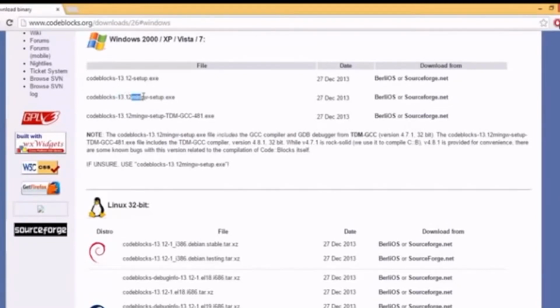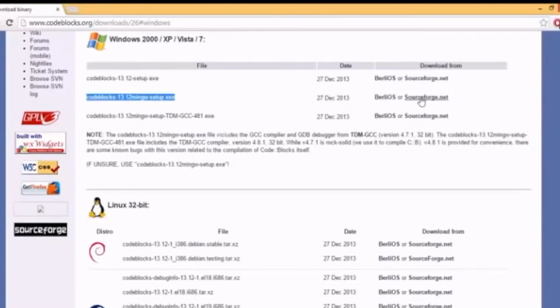Just search for this word, mingw. MinGW is a compiler which will help you to compile your program, as I have said. So it includes your compiler and editor both, and we want this version, right? So just click this one link, either this or this.